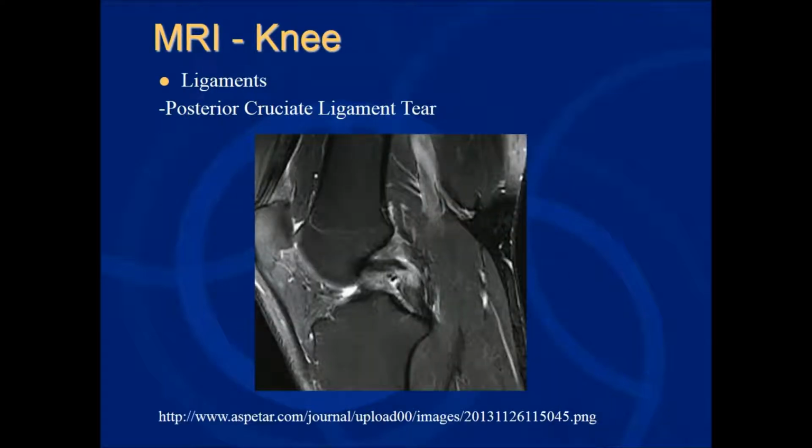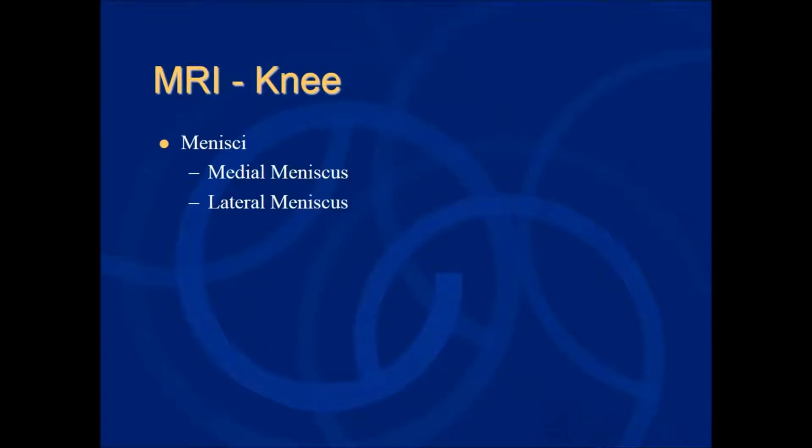Here is a complete tear of the posterior cruciate ligament. We have abnormal signal in the ligament as well as a complete discontinuity at the mid portion with some adjacent edema. Moving on to the menisci, you obviously have two menisci, one in the medial compartment, one in the lateral